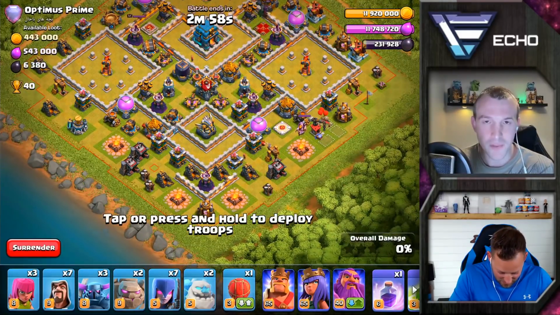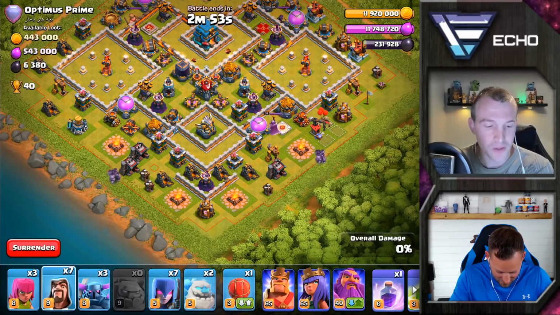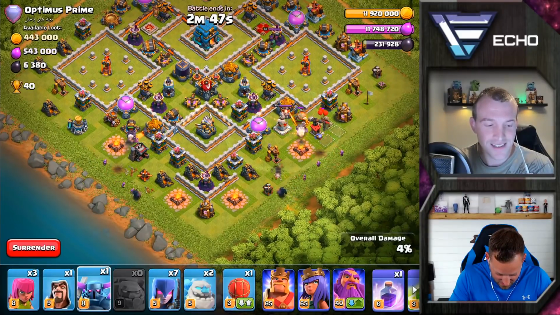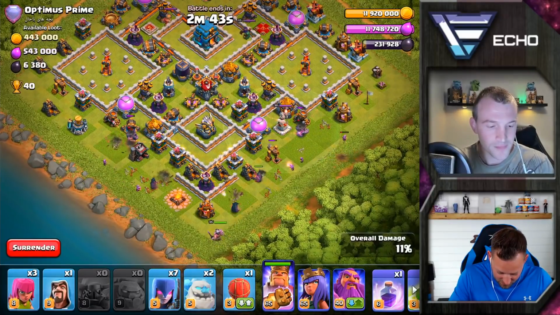What about pathing for your bats? Don't use the ice golems. Use them for distraction on the back end. Don't deploy them too quickly because you've only got that one free. All right, we're going in with the P.E.K.K.A. right here, and I'm gonna just wait a little bit, let these troops kind of clean up some stuff, and